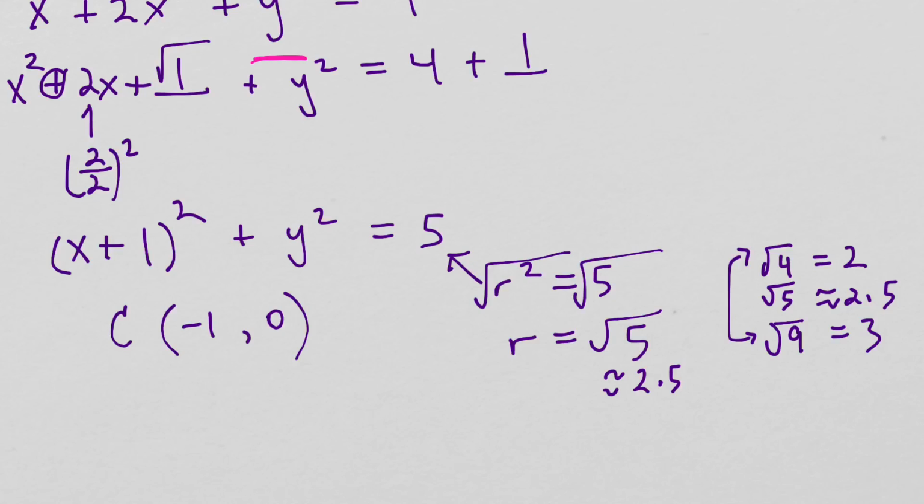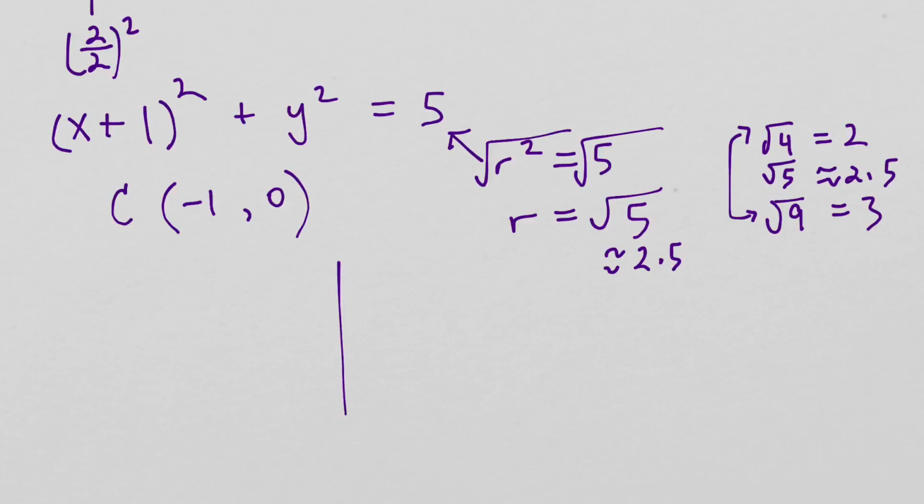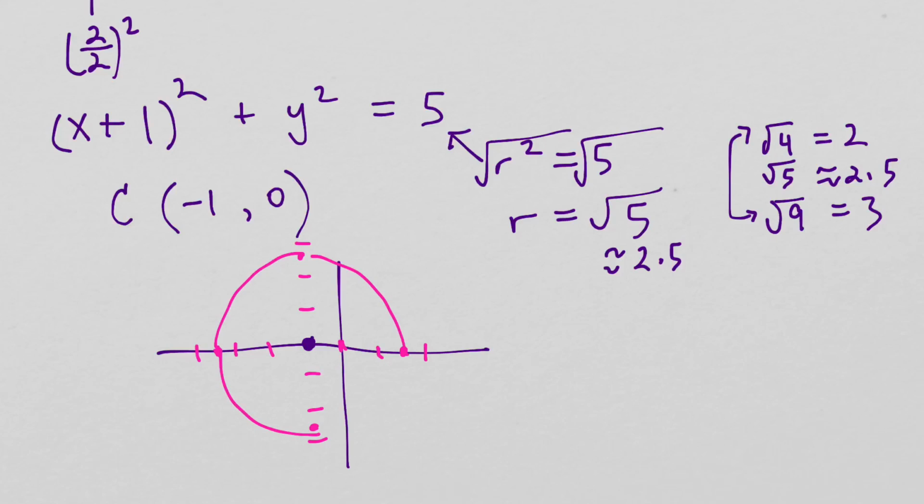without a calculator. So if I'm going to graph this circle here, I know my center is at (-1, 0), so that means it's right there. All right, so then my radius, we said, is 2.5 roughly. So 1, 2, 3. I'm going to go up 3 so I can get a size in here. All right, so I've got it here, here, here. That's 2.5. Sketch my circle in there,